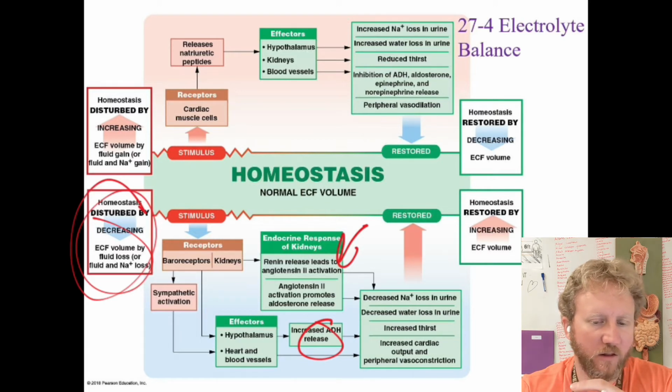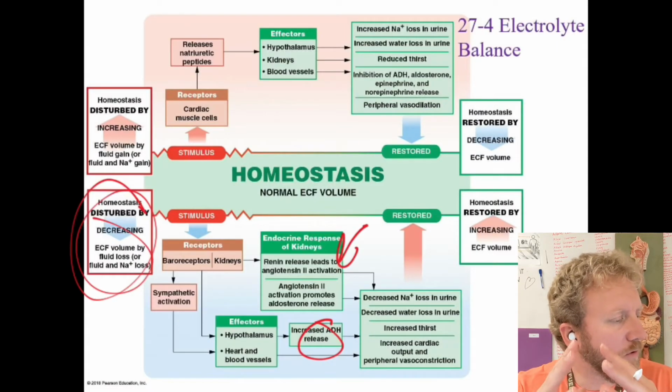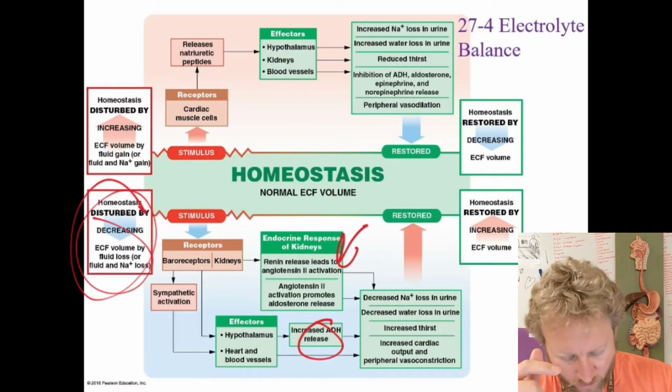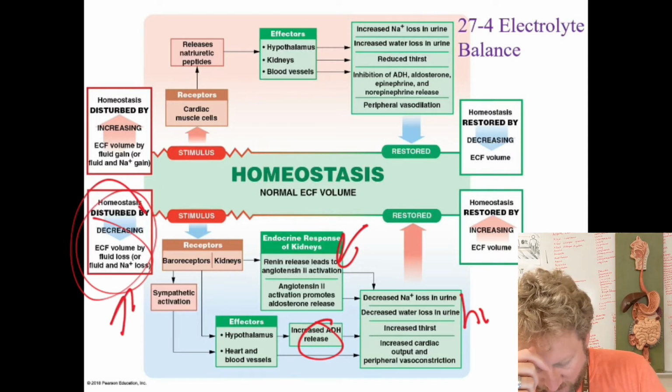And then the opposite is going to happen with those natriuretic peptides to limit excess blood volume and bring it down. Now, if your sodium levels are low, like right here, that is a condition known as